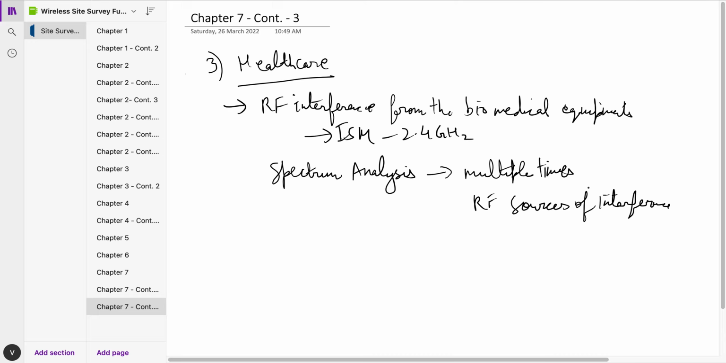Because you will see that most of the biomedical equipments are working in the 2.4 gigahertz band, and it is likely that the 5 gigahertz band is somewhat free of interference. So always design the network on 5 gigahertz, especially in a healthcare, because that is needed. Otherwise you will see a lot of interference happening with the biomedical equipments along with the radios, and that's going to cause a lot of issues on the ground, because you